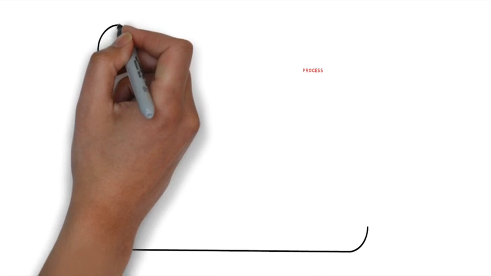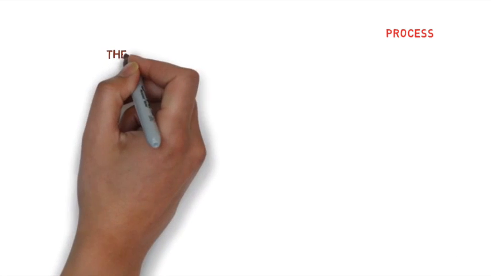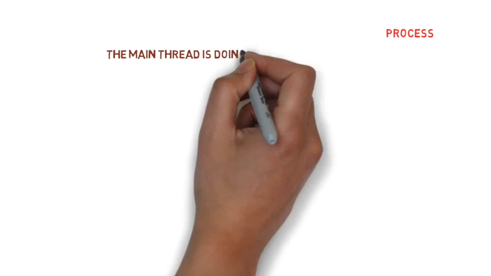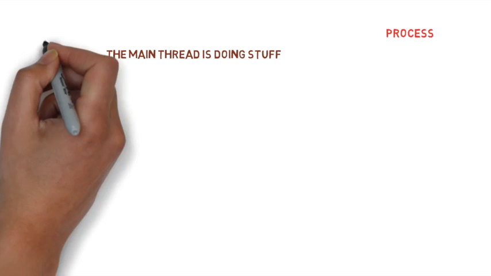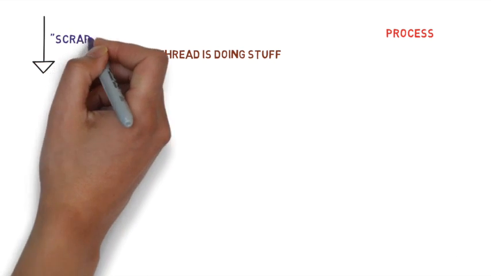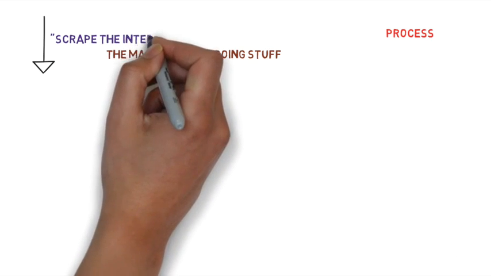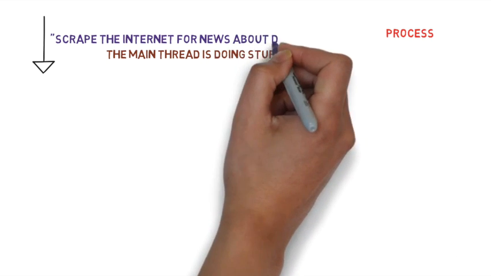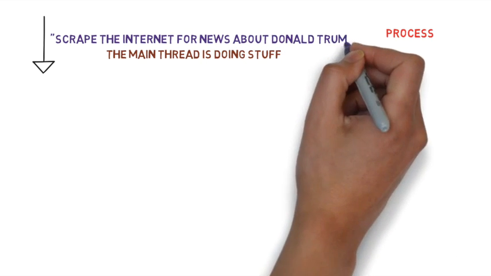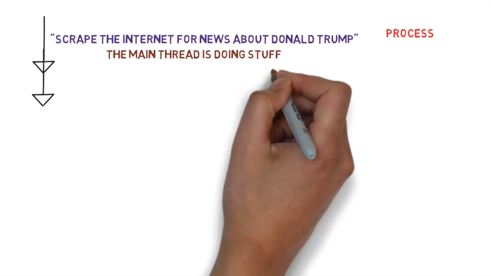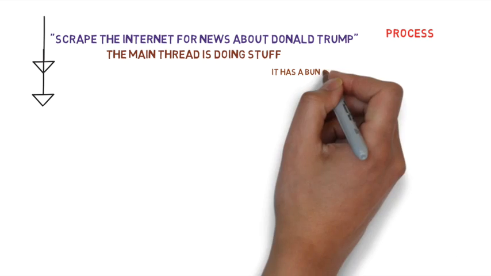Let's see an example of where we would use threading. You have a process, and that process wants to get some objective accomplished. The main thread in that process is doing some work. And the objective of your application is to scrape the internet for news about Donald Trump. He's in the news nowadays, and you want to find out all you can about him from all the